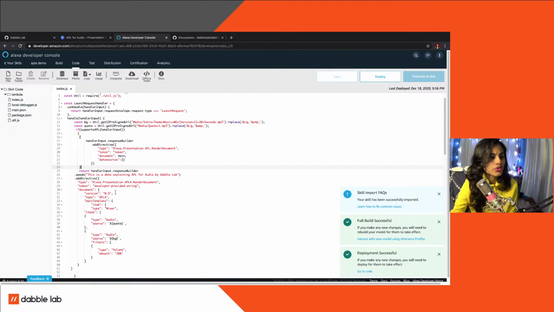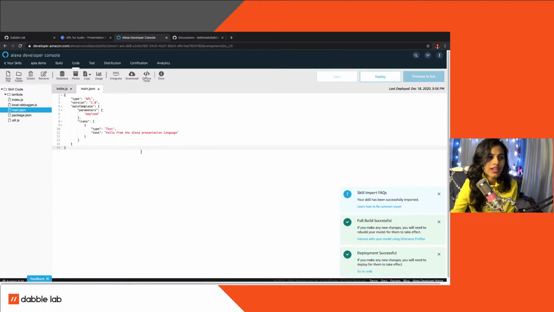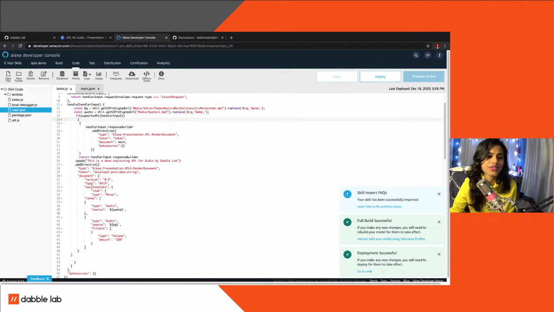Usually what you can do is create a separate file, main.json, and push everything inside of it, and your Alexa skill will map out everything inside of your directive and then display this in your Alexa skill. What I've done is I've directly returned everything inside of this add directive in here.